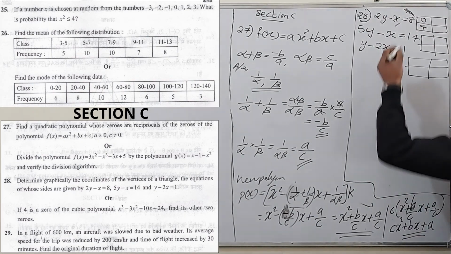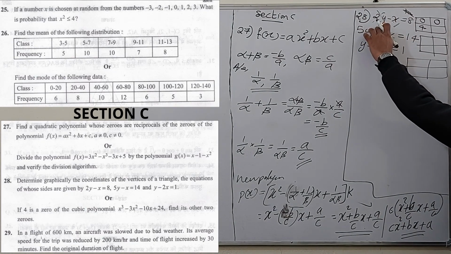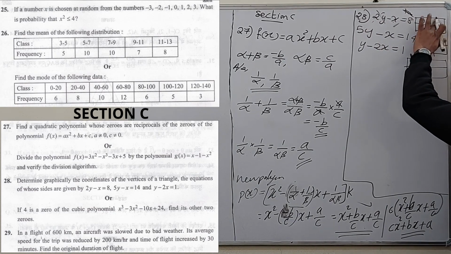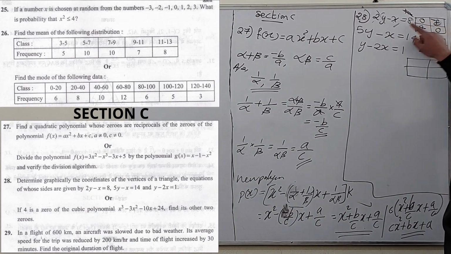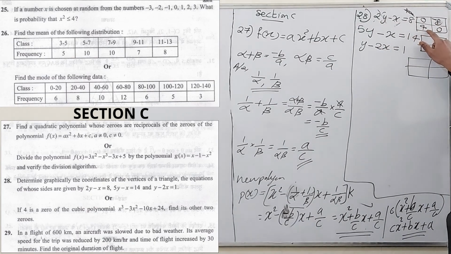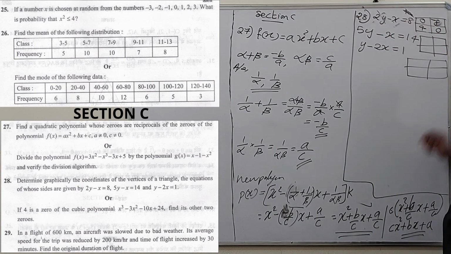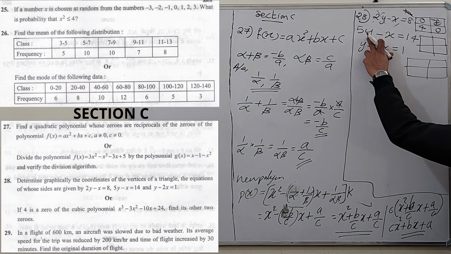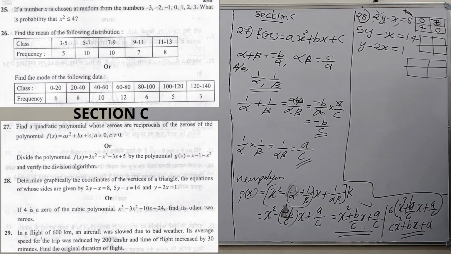Clear? Similarly, put y equal to 0, then this entire term will be 0. Then minus x equal to 8, therefore x equal to minus 8. Always put x equal to 0 first, so we get the corresponding y coordinate. Similarly, put y equal to 0, then we get the corresponding x coordinate. And come to the second equation here. When we put x equal to 0, we get 5y equal to 14 and y equal to 14 by 5. So it is a fraction.